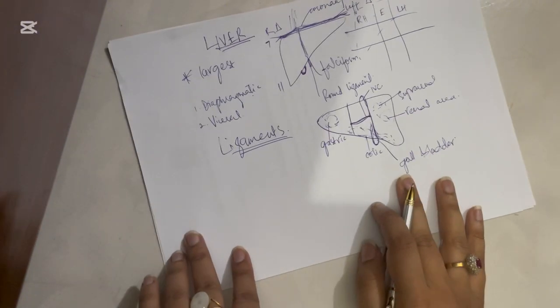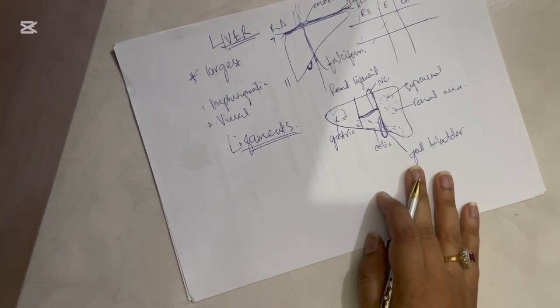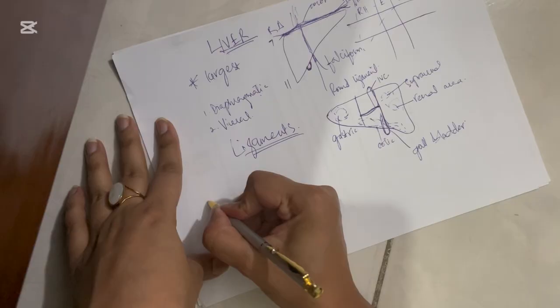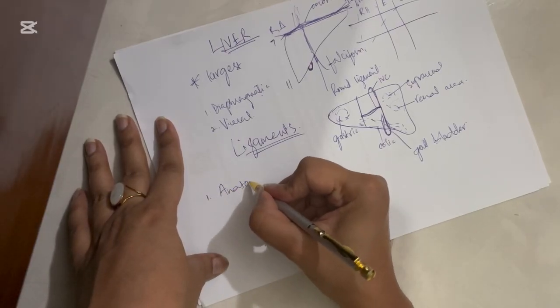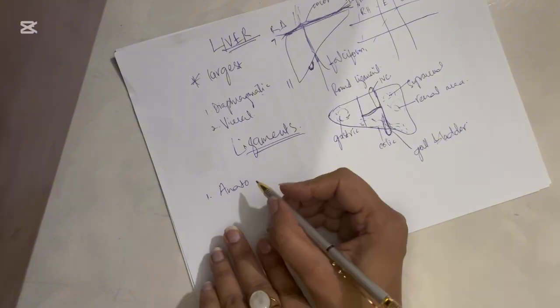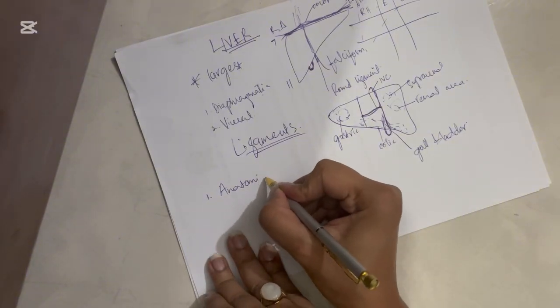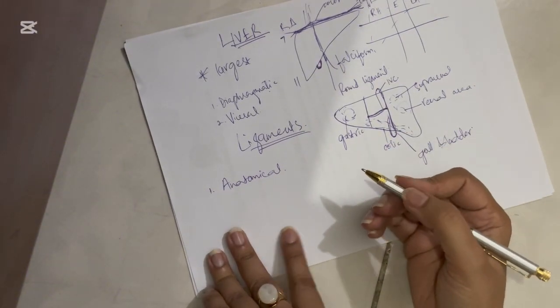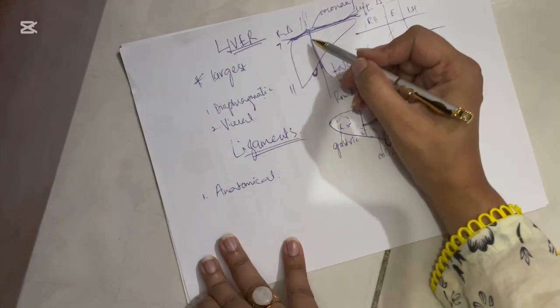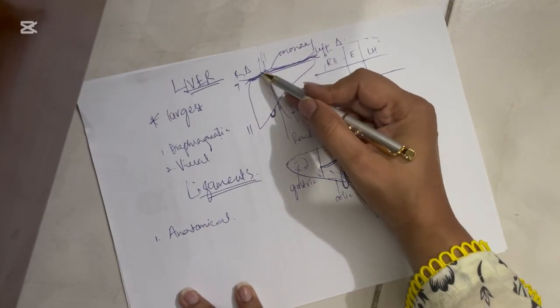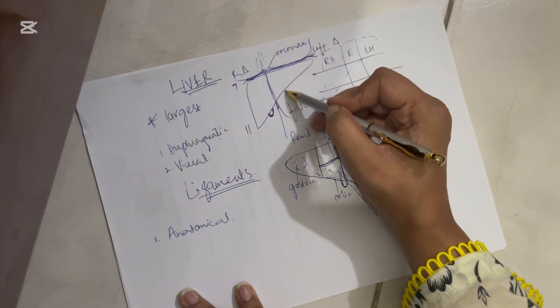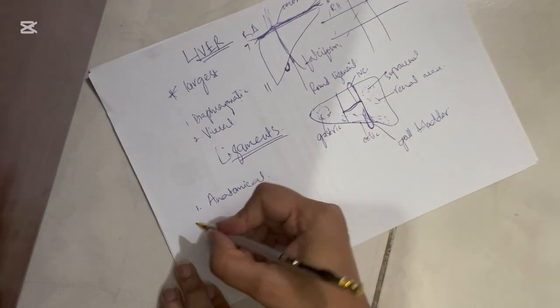Now the liver is divided into two kinds of lobes. One is anatomical lobes and one is functional lobes. So first of all, we'll discuss the anatomical lobes. Anatomically, the liver has two lobes, the right lobe and the left lobe. The right lobe is larger than the left lobe. Functionally, we have